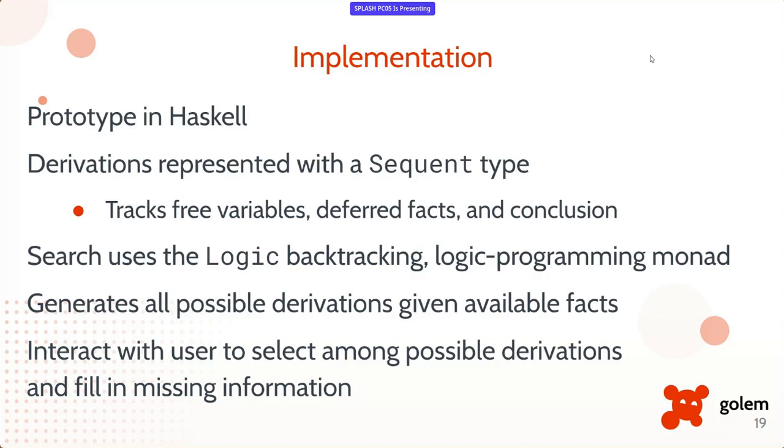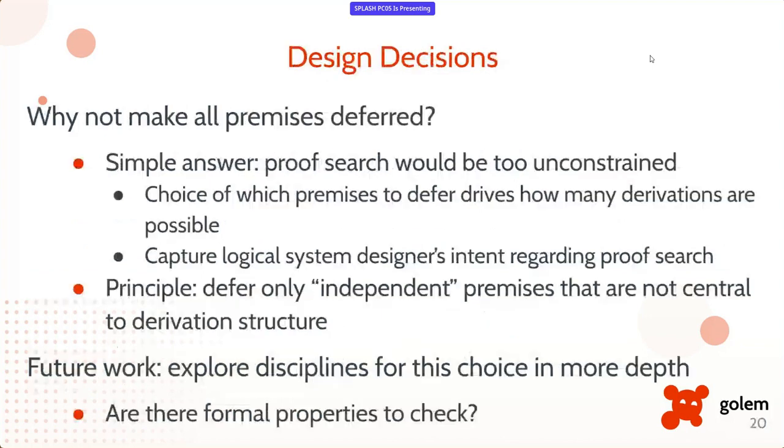And so then we'll interact with the user basically to select, if there's more than one derivation that's possible, we might have different structures. We'll select one of those derivations. The template at the end, do you want to show a list? Do you want to show a search box? That might help the user choose among them. But then once you've chosen a derivation, then you ask about the information or the holes in that particular derivation that might be missing. So to give you a more concrete idea of how this works,